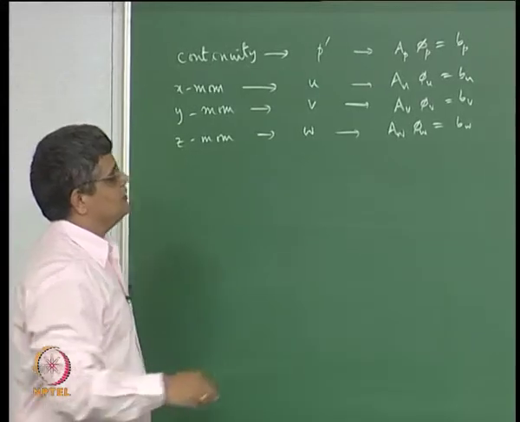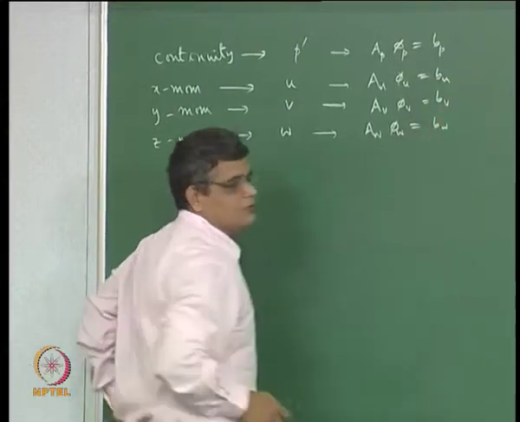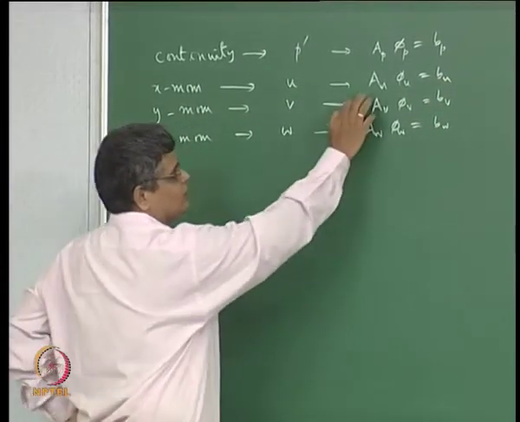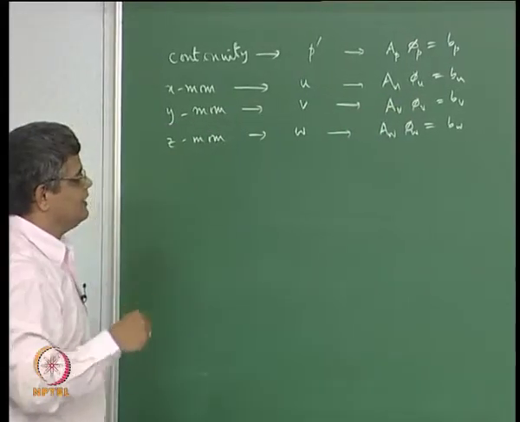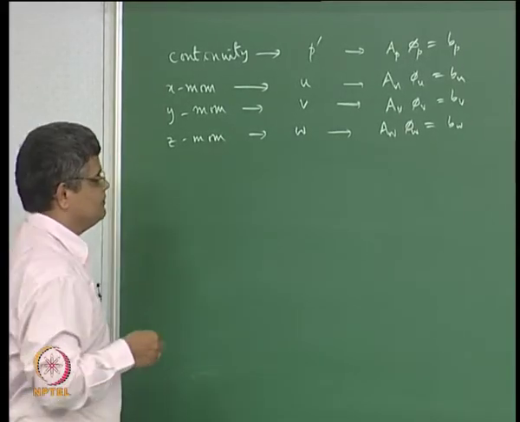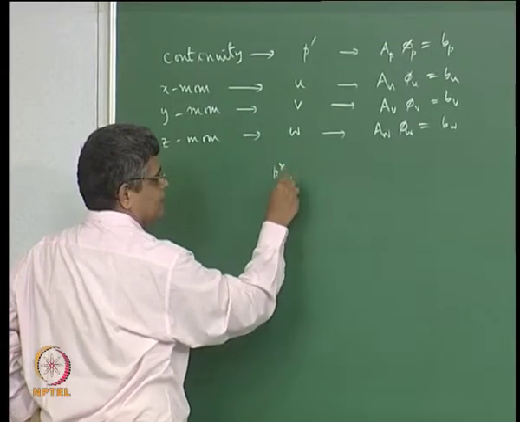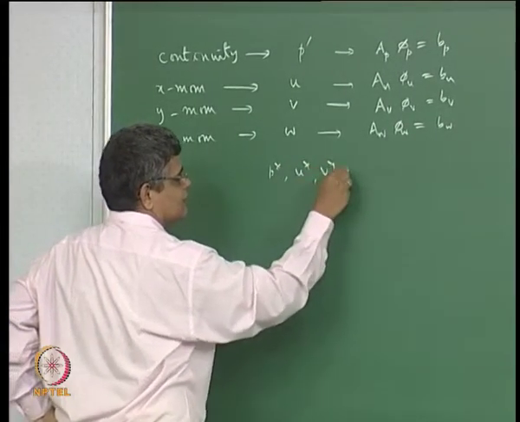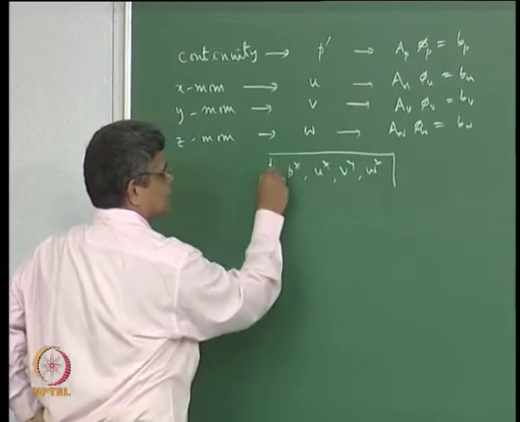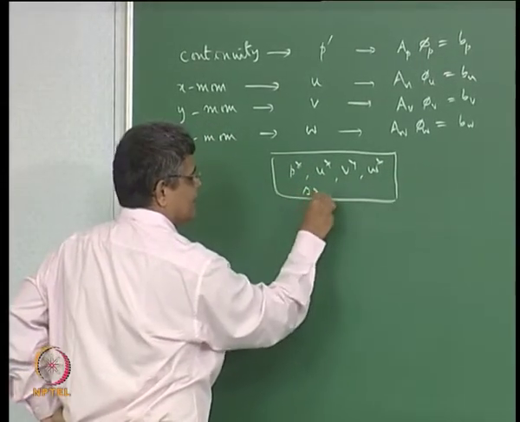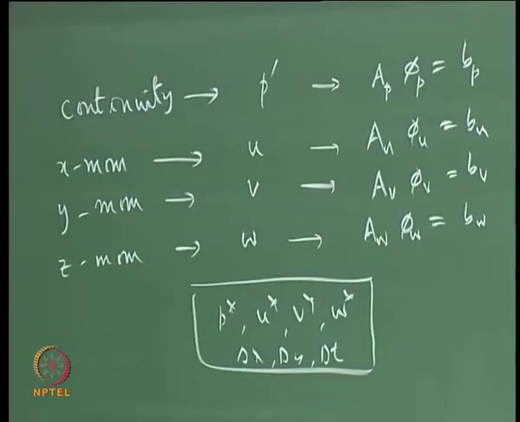Now each of these can be solved to give us P prime and UEW, but we know that the coefficients that are coming here involve the values of the variables of the other things, and therefore we do it in an iterative way. We start by having guess values, for example P star, U star, V star, W star. So these, plus all the other information which is required, like delta x, delta y, delta t, all that is known for us,